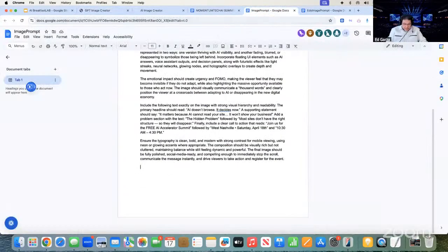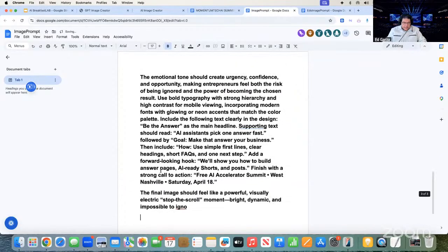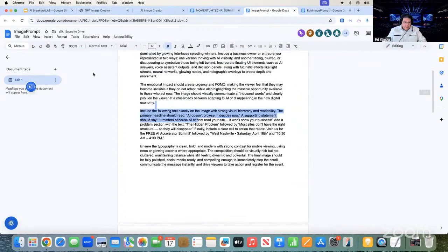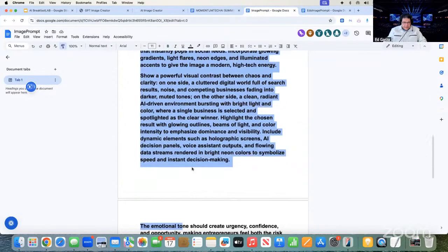I'll add that prompt here. I'll just say second prompt. I added some color to it. Make that a little bit bigger. Okay, there we go. There's a second prompt. I added some color elements to it.